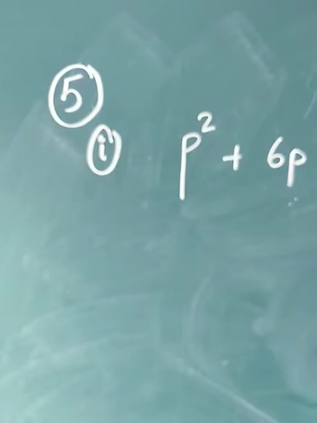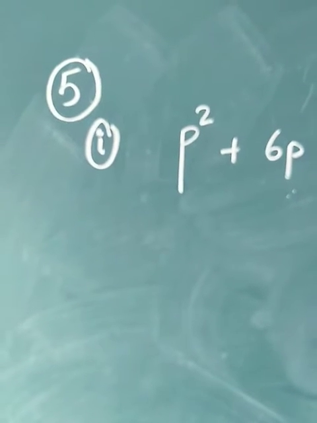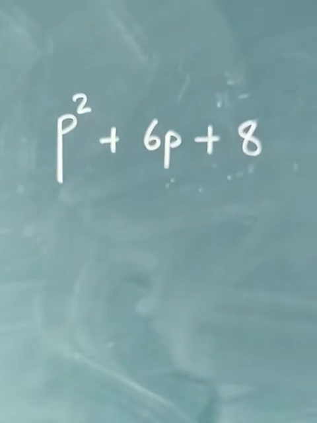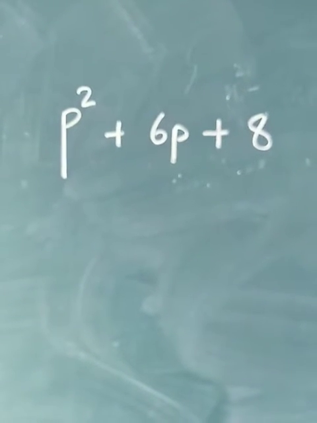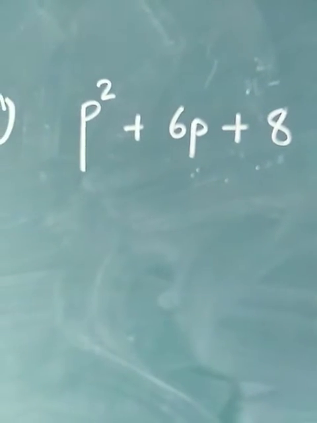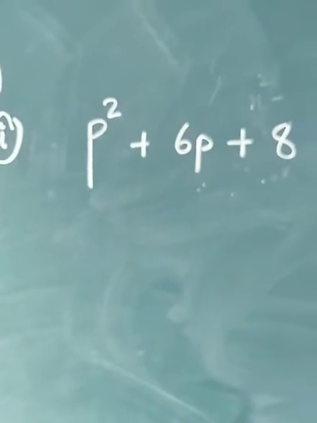Students, welcome back. Today in this period I will explain sum number 1 of question number 5. Again, in sum number 1 you see how many terms are there? P square plus 6p plus 8. 3 terms are there. So just before this sum, that is question number 4, I explained that if you see